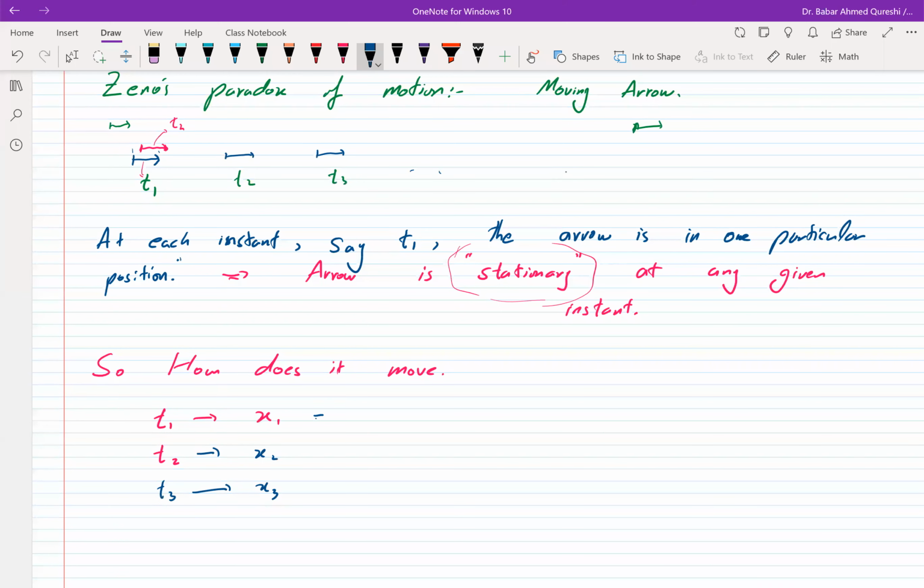So for example, this could be some position 5.678, and this could be some position 5.892. This could be 1 second, this could be second number 2, and so on. So for each instant, you give the position. And since at later instants the positions are different, that means the arrow does travel from one point to the other. There's nothing else to be said about the arrow.